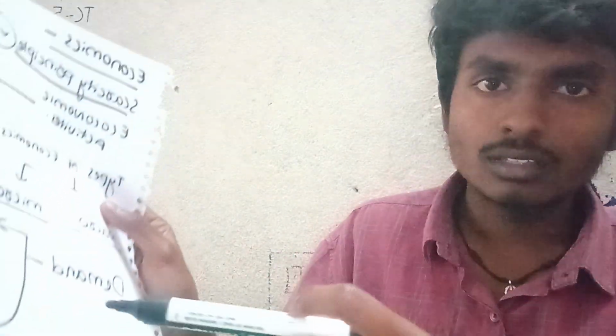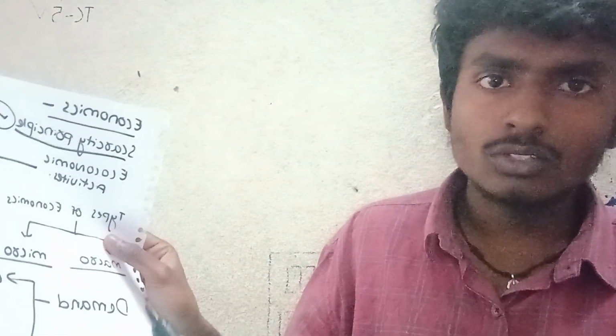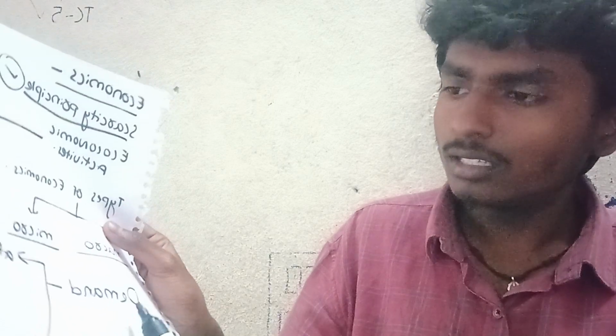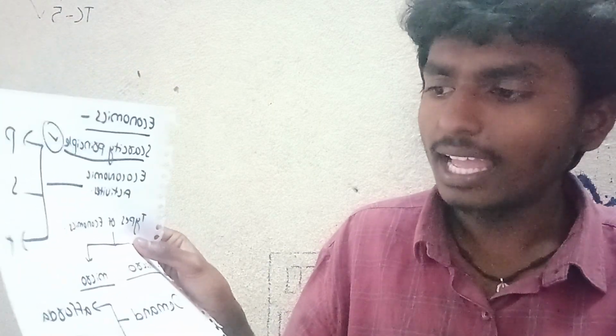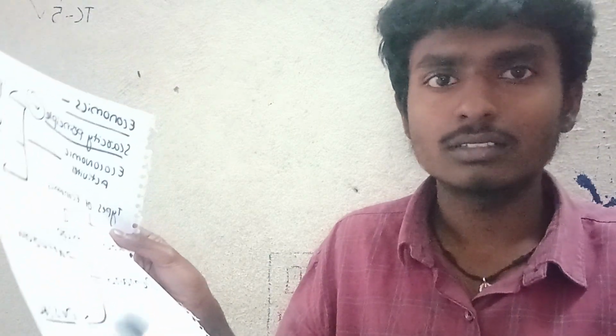Demand says that he has the affordability and he has the desire. So demand says affordability and desire. Next, now let's see